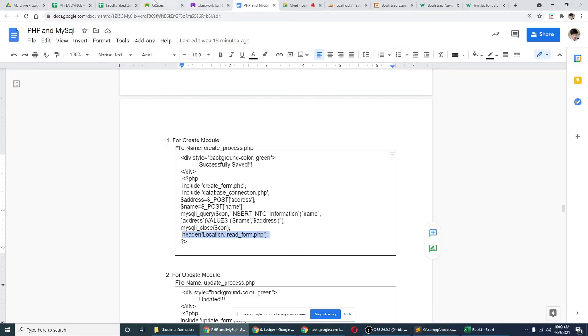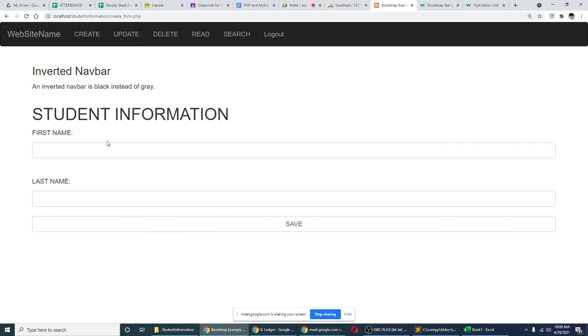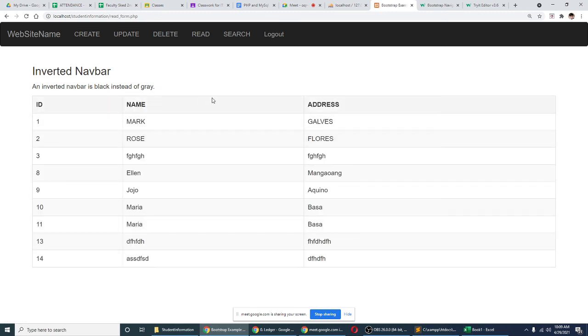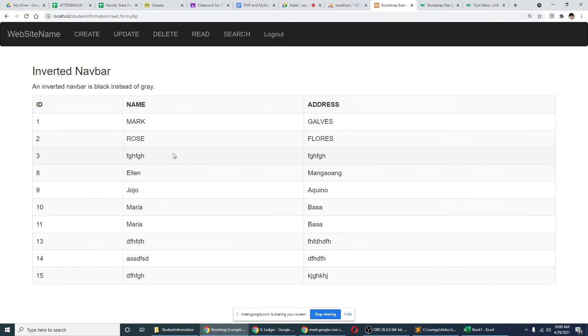So let's try create form, then save, then it will go to redirect to our read form. So that is the use of the header location. And then if you notice,